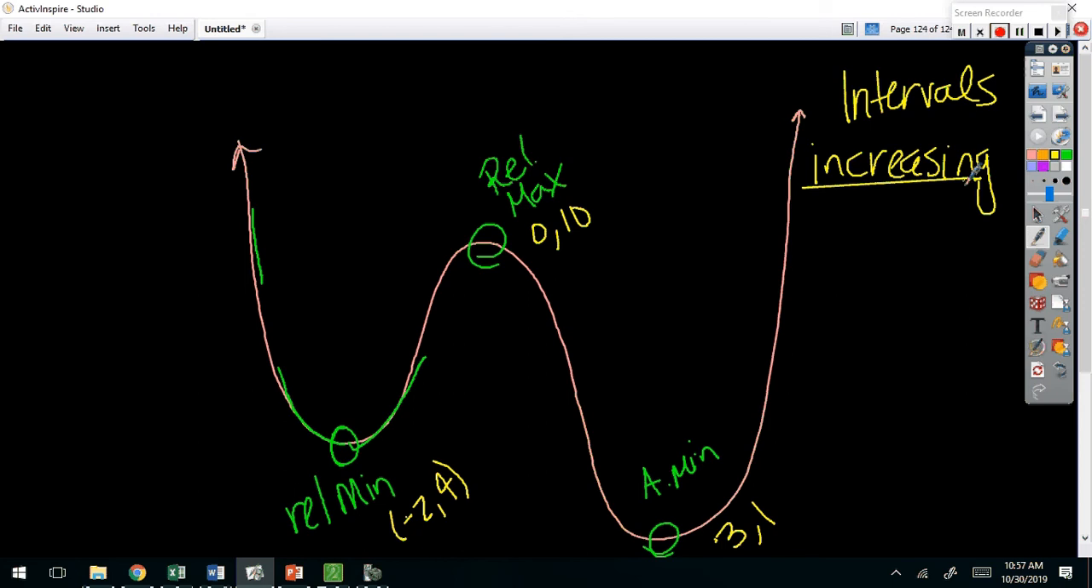It's from X. We'll use X to describe it. Go ahead. Not domain, but where is it increasing? So where is the function going up as you move left to right? From -2 to 0. Is that the only place? And from the range of